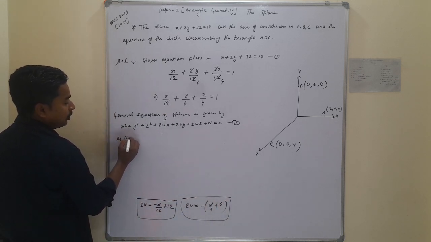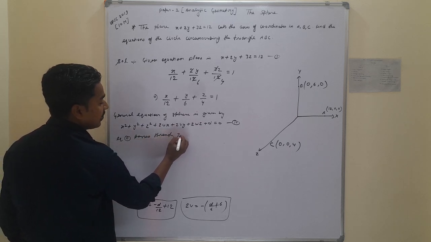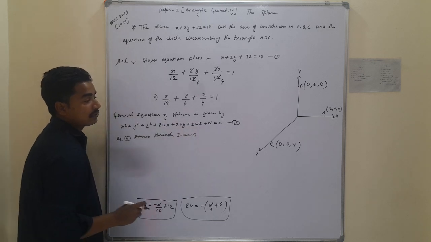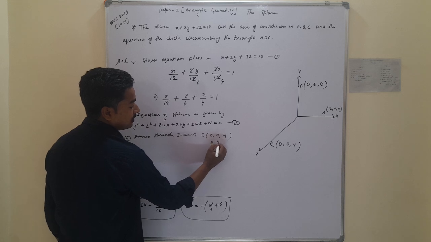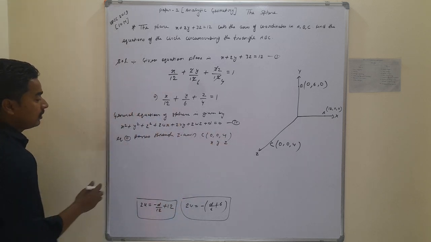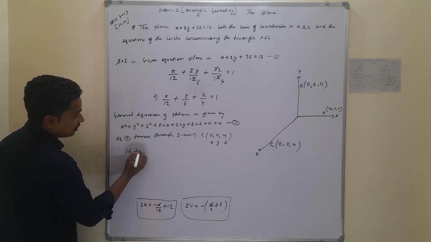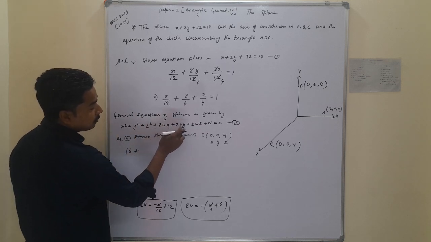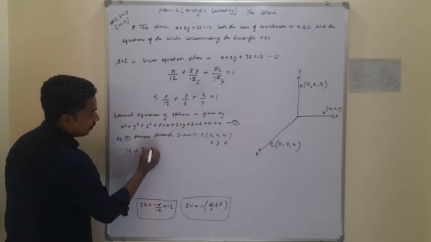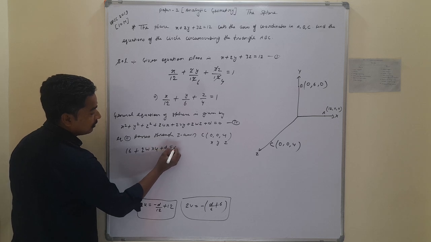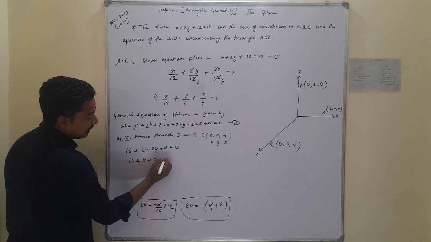Equation 2 passes through the z axis, and the coordinates on the z axis are 0, 0, 4. Here x is 0, y is 0 and z is 4. Putting these in equation 1, we get 16 plus 2ux with x as 0, 2vy with y as 0, and 2w into z, which is 4, plus d is equal to 0. Similarly, 16 plus 8w is equal to minus d.